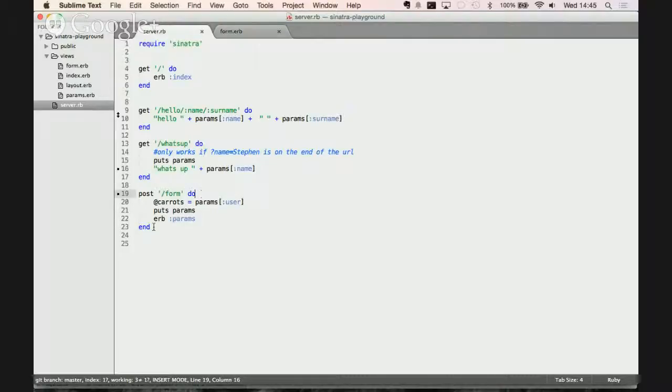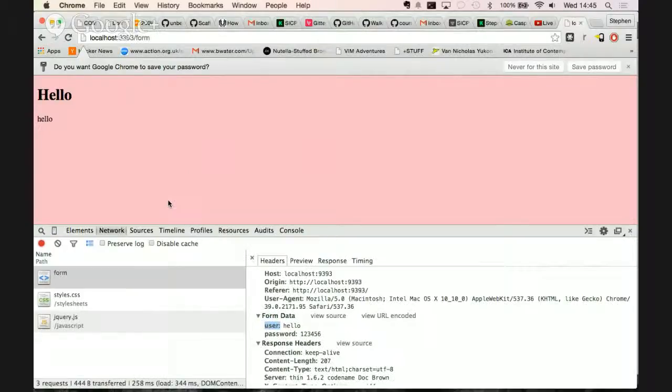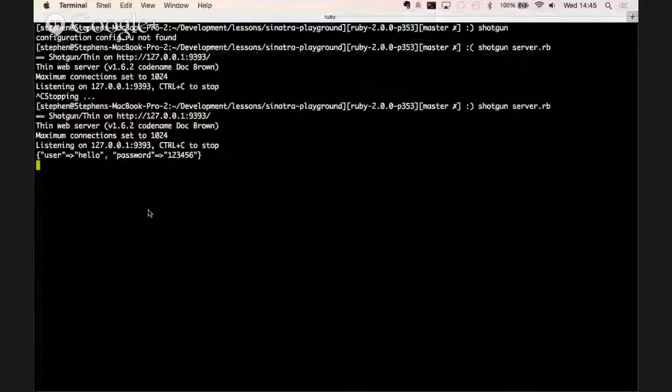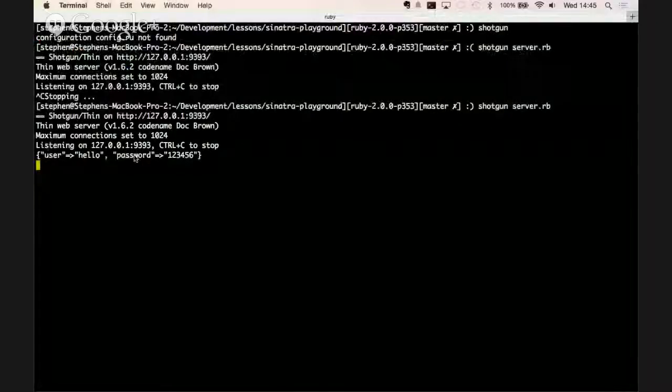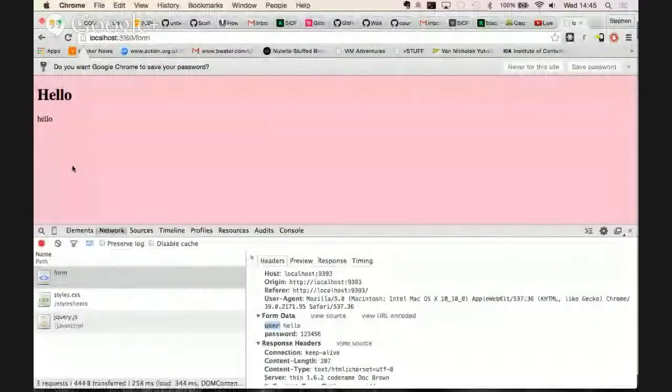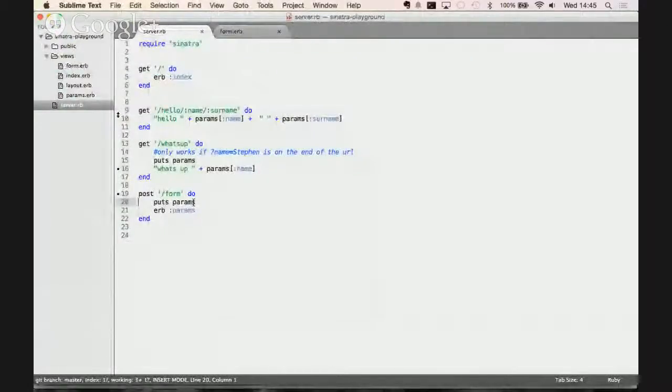So what are our parameters? Right now I'm doing some processing parameters, but if I get rid of that, if I just look at the terminal that I have, actually I've got a puts params, and it's showing me all of the parameters that I'm putting through. So I've done that in the code here. I've done puts params. That's all my parameters. So if we have a look